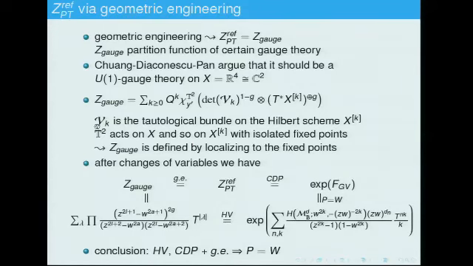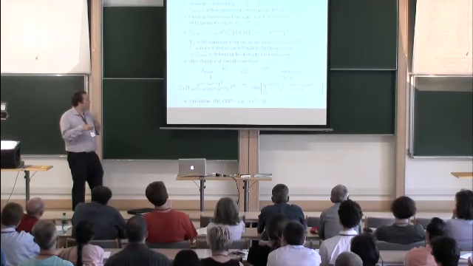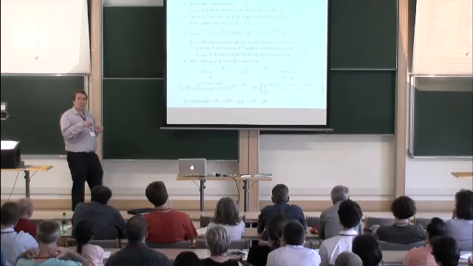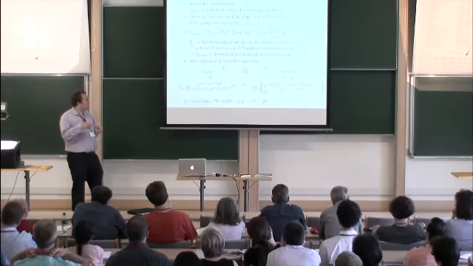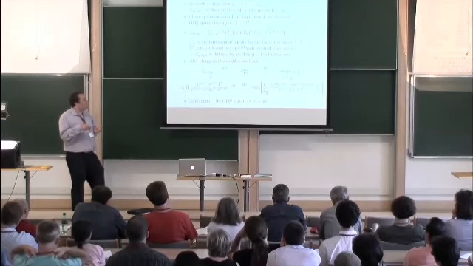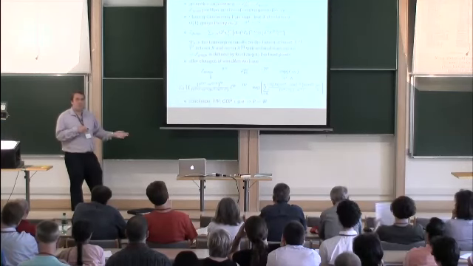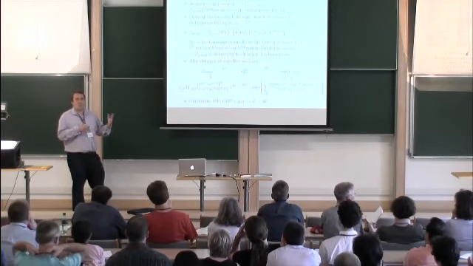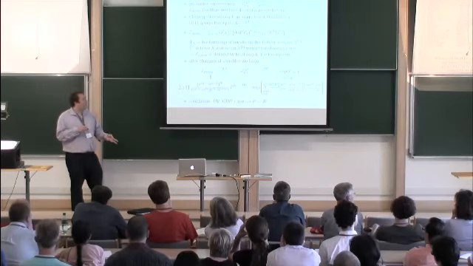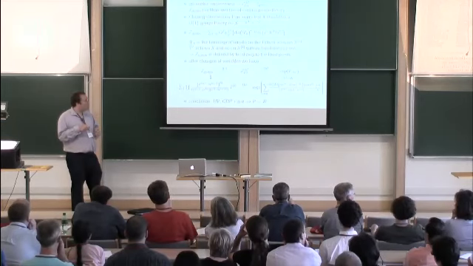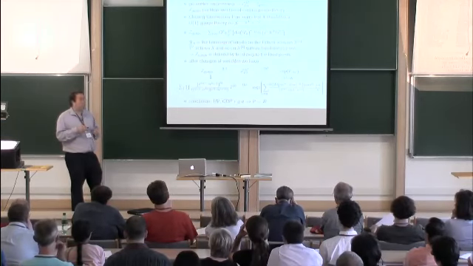And then you have this Gopakumar-Vafa conjecture bringing in another duality, type IIA and M theory. Then if you put all these together, you believe all these conjectures, then, well, it doesn't really imply P equals W, but what it implies is that the graded pieces of the perverse filtration have the same dimension as the graded pieces of the weight filtration. So that's a very strong